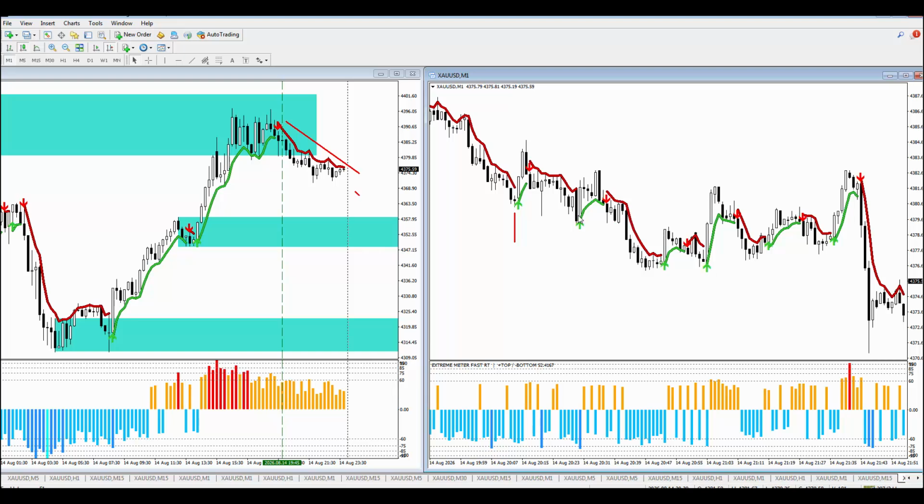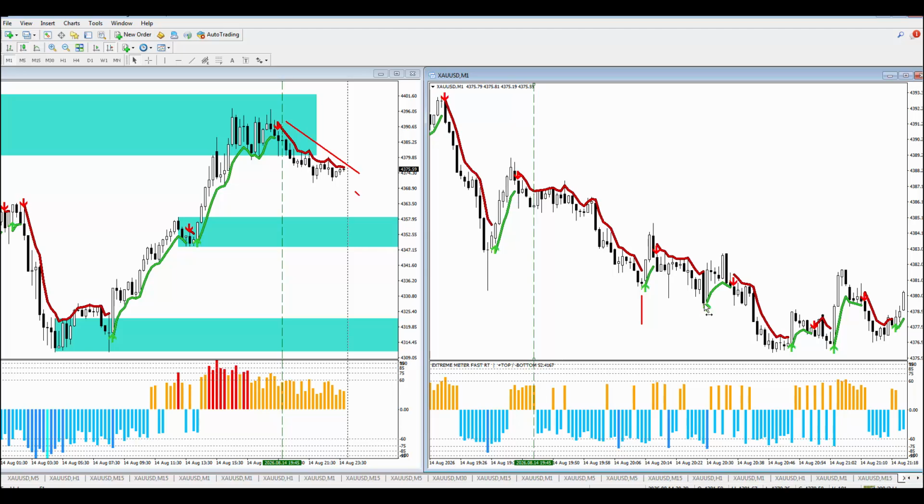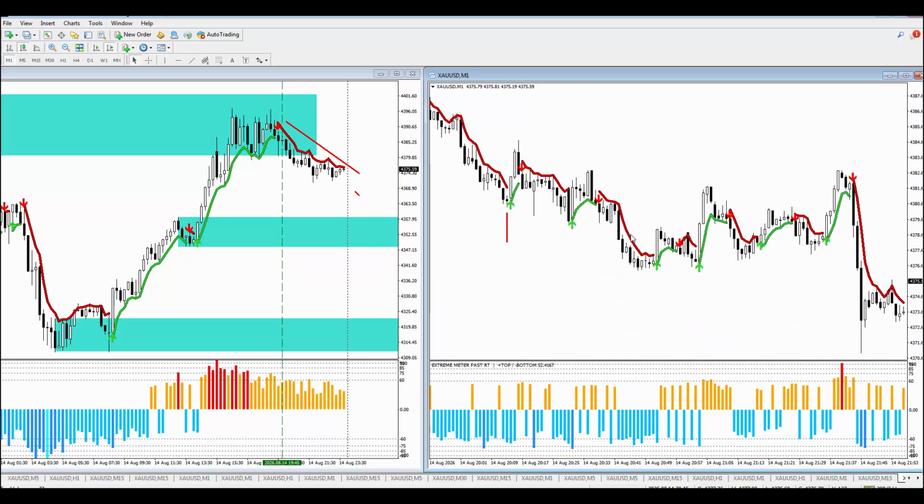So at this point here we had another signal, arrow comes in, touch the line here, touch the line here, so we would have got 2 nice signals. Not sure what I would have used for a target. I would have maybe looked to my left hand side to see if there was an order block or a